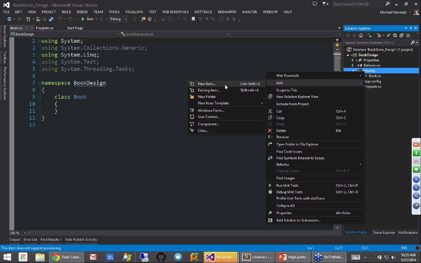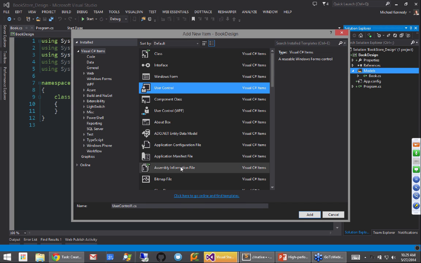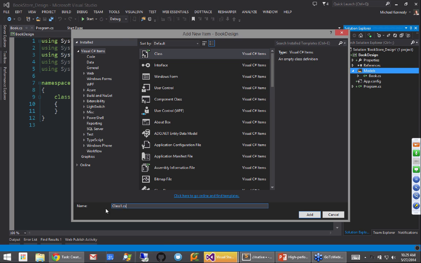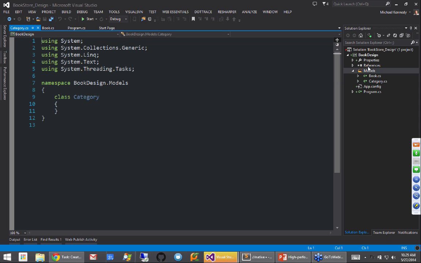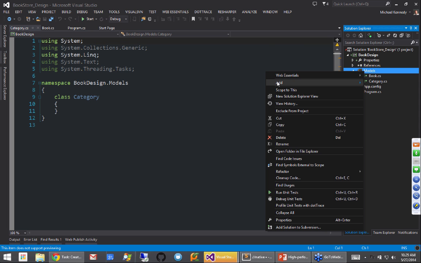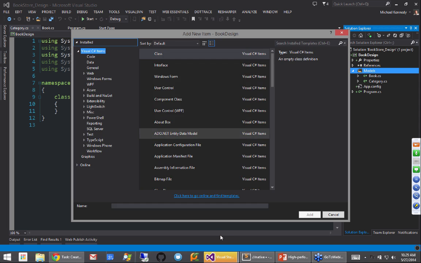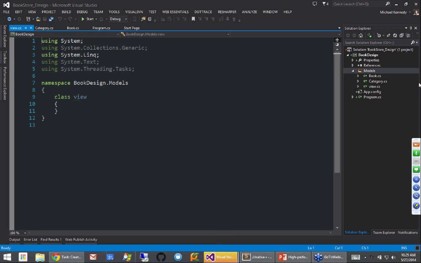And then we'll add also a new class of type called category. And a new class called review.